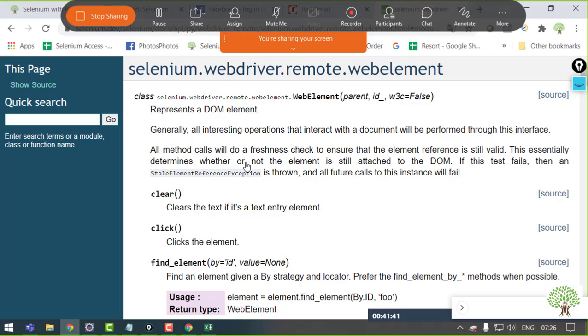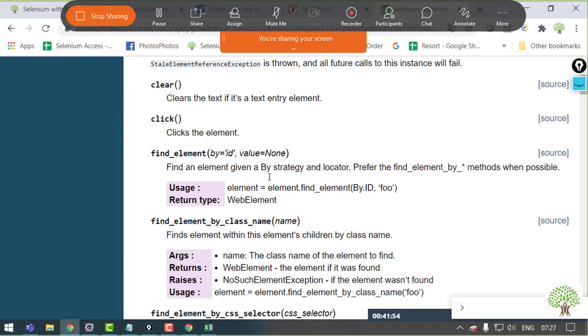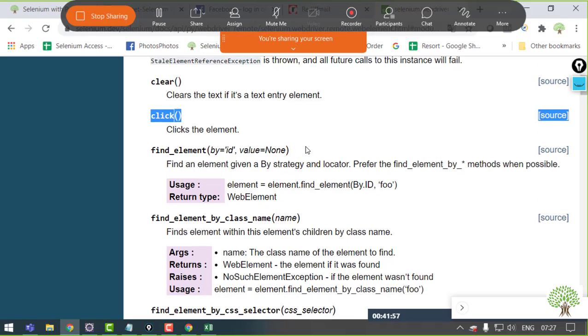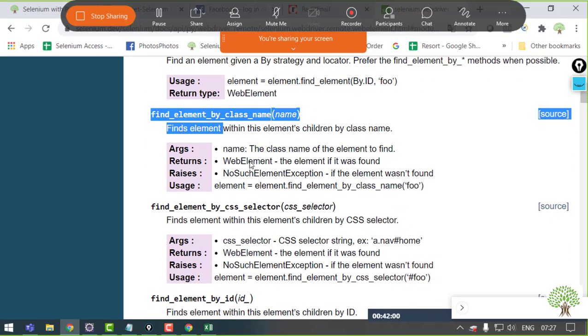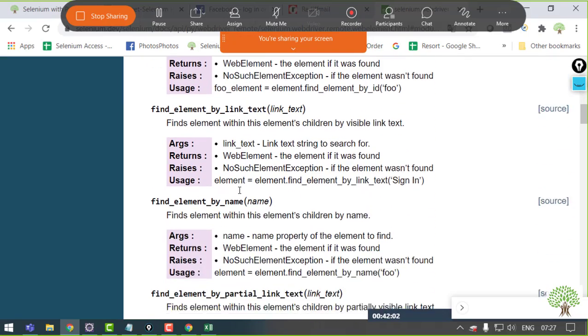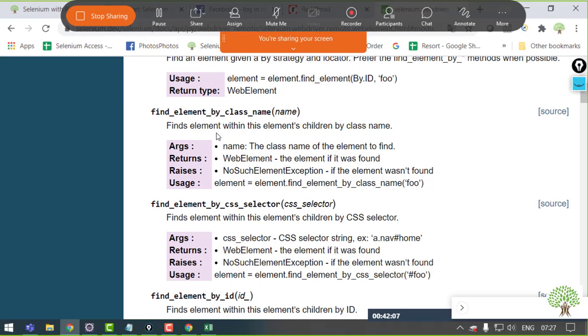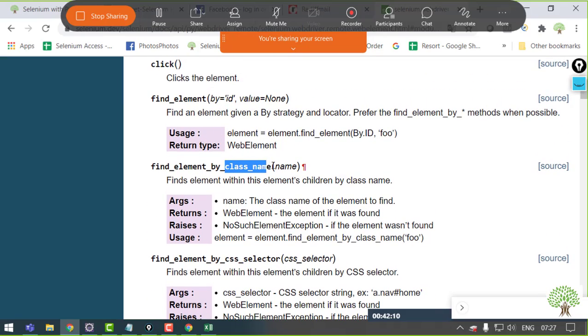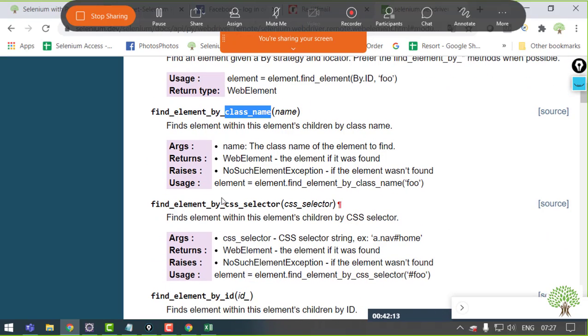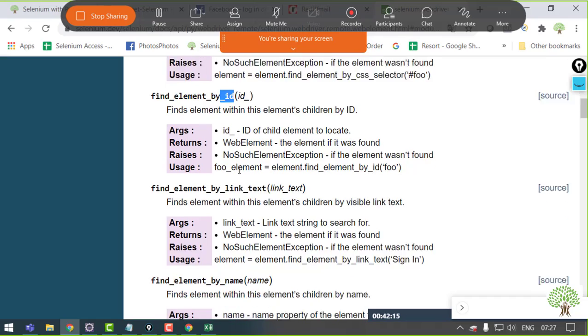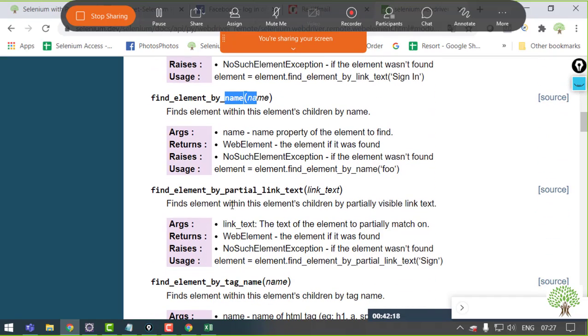Now if we look at this WebElement class, there are a number of actions, a number of generic functions that we can fire on any element on any of the browsers. Fine, you can see over here that I can perform a click action on any element. We'll come to these in just some time. The find element commands are the ones we are going to use to extract the element just by their locator. If I am using class name, then I'll give this one. If I'm using ID, then I'll give this one. If I'm using name, then I'll give this one.